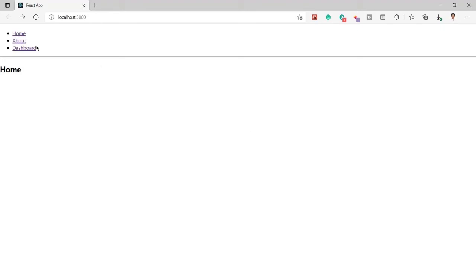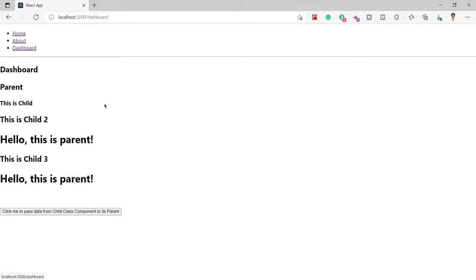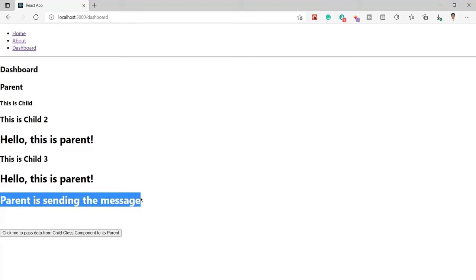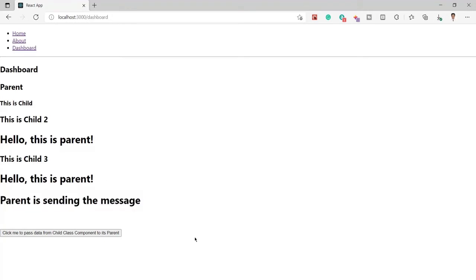So now I will go ahead and click on the dashboard link, and in the dashboard I have called the parent component, and you can see this is coming from the parent, and this is also coming from the class component, the child class component. So once I click on here, you can see parent is sending the message. That means this message is sent from the child component to the parent component. So like this you can send some message from child component to parent. So let me show you